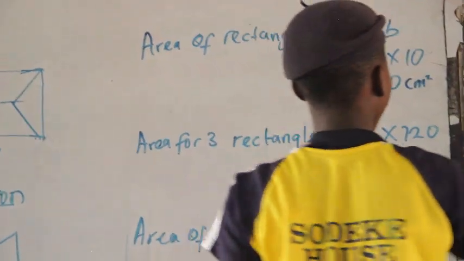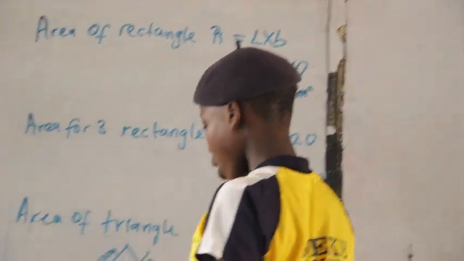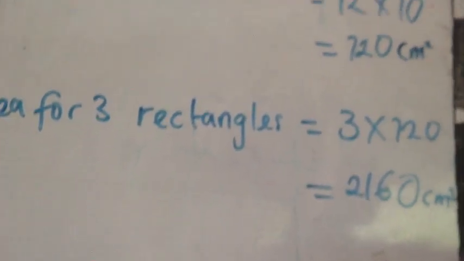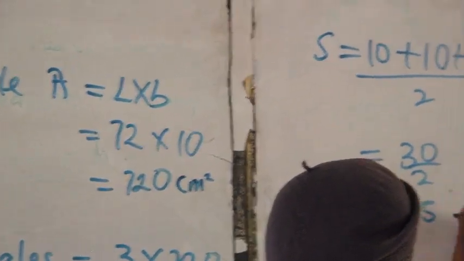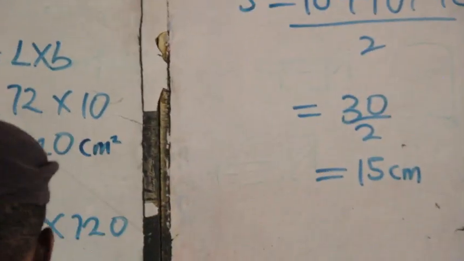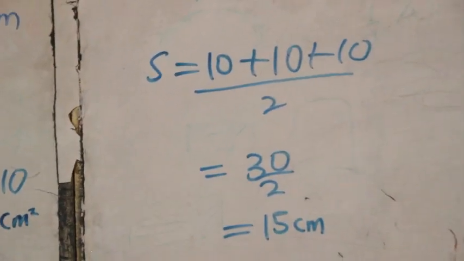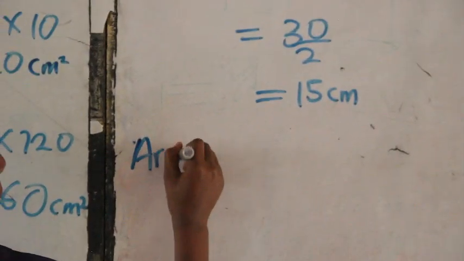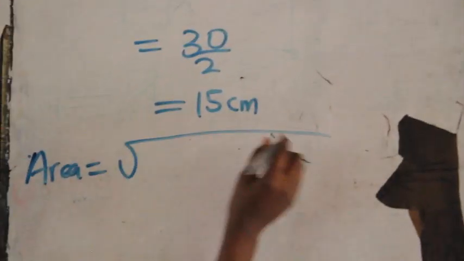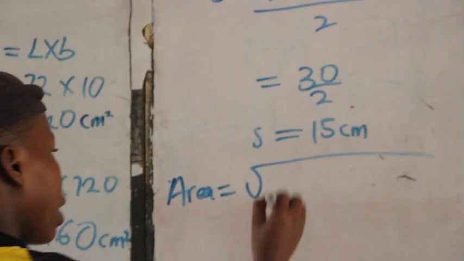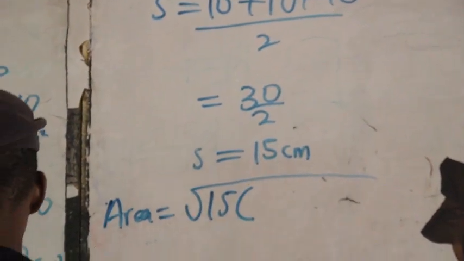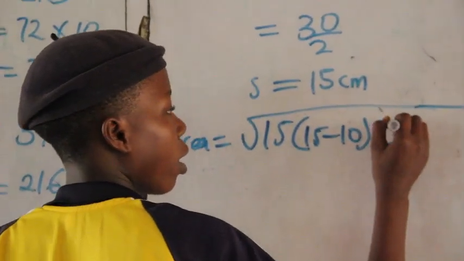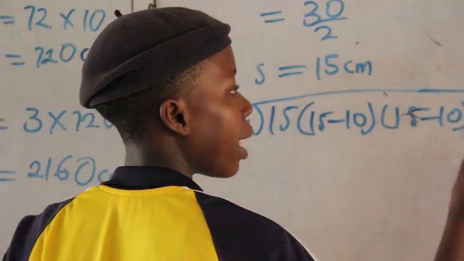Speak louder, let them hear you. A plus B plus C all over 2. 30 divided by 2 and it's going to be 15 centimeter. So semi-perimeter is 15. Okay, go ahead. So we are going to put it inside the formula. Area is equal to root S, where S is equal to 15 centimeter. S minus A, our A is 10 centimeter. 15 minus 10. 15 minus 10 for the B and